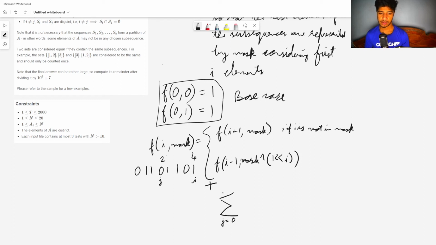j equals 0. First, j is less than i. Second, a[j] is less than a[i], and j is 0 in the mask. I can write it more formally: mask of j is equal to 0, right? So only then you can add it. In this case, it will be f of i